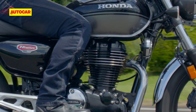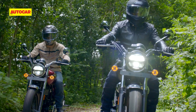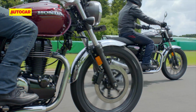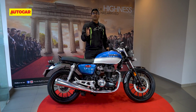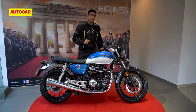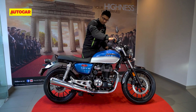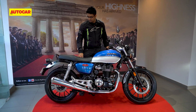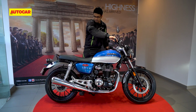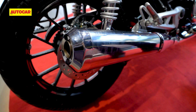Honda also claims to have taken care of vibrations by employing a balancer shaft. But the defining aspect about the H'ness CB350 is going to be the way it sounds. To give you an idea of how closely Honda has benchmarked the competition, just listen to the exhaust note. So as you can hear clearly, the H'ness CB350 has a thumpy exhaust note that many customers in the segment